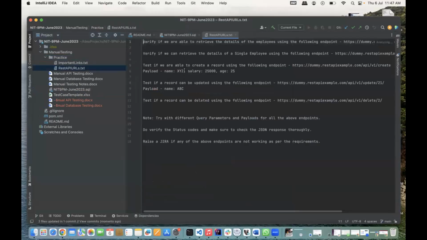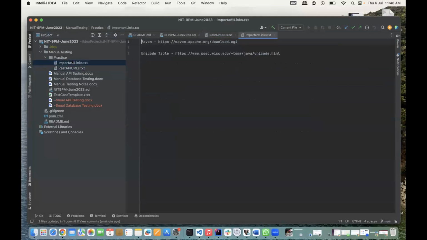I have given you some tasks for API testing also. You can mix your API testing, database testing, your SQL queries, your Jira, all of your knowledge, and do some work on these particular API endpoints. Some of these API endpoints are not working also. Just a disclaimer, it is for you to find out which endpoint is not working. That is something you should tell me.